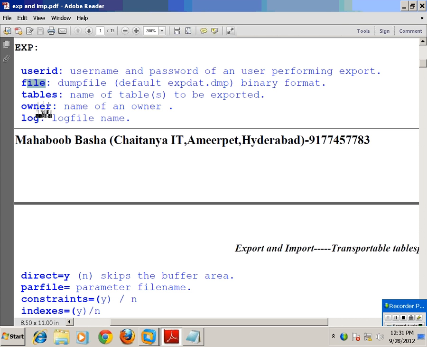Next I have TABLES: name of the table to be exported. And here S is a keyword, you cannot change it. Okay.